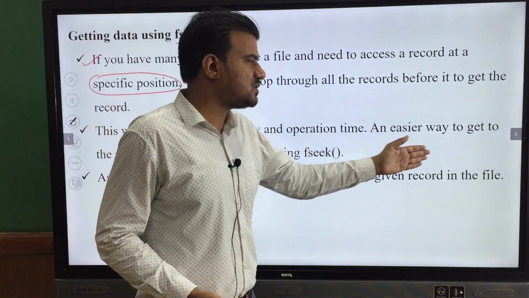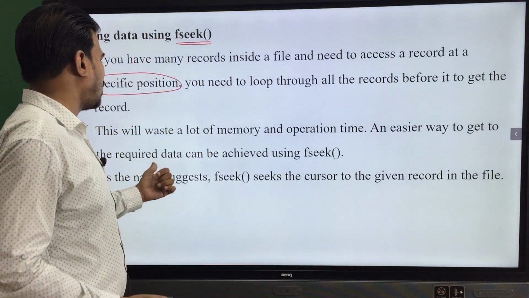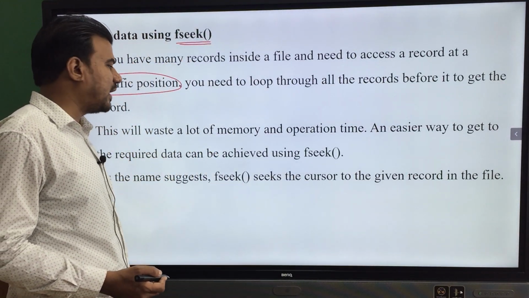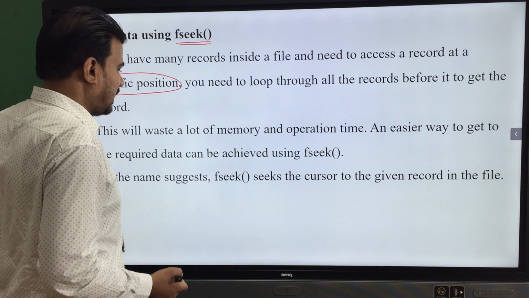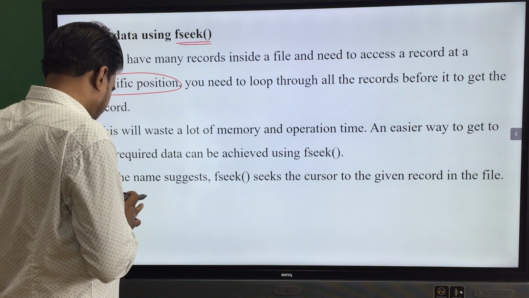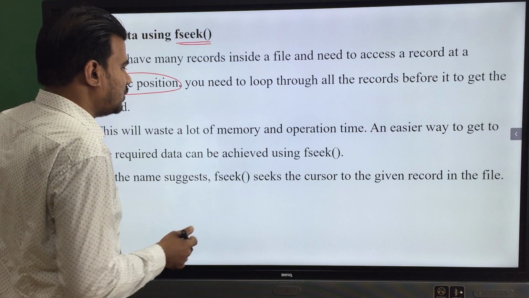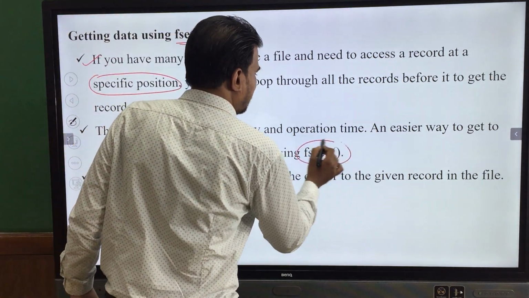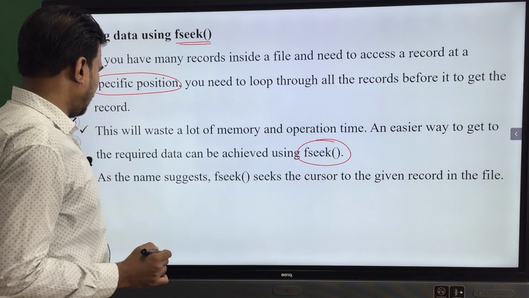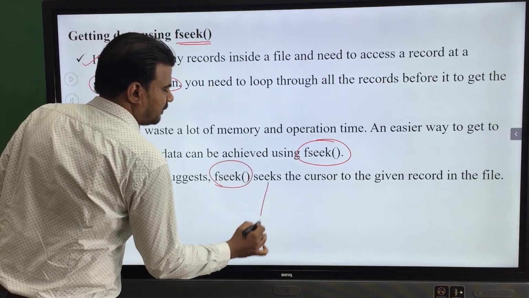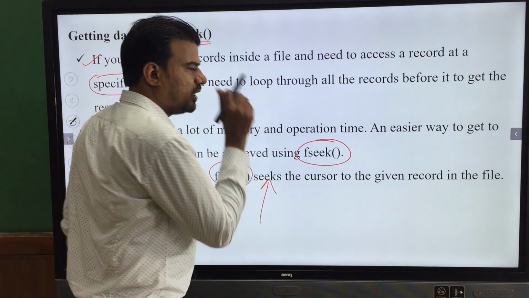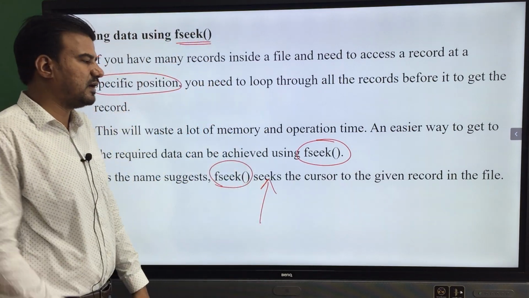So an easiest way to get to the desired record or required data is to achieve this using the fseek function. As the name suggests, fseek will seek the cursor to the given position or given record.